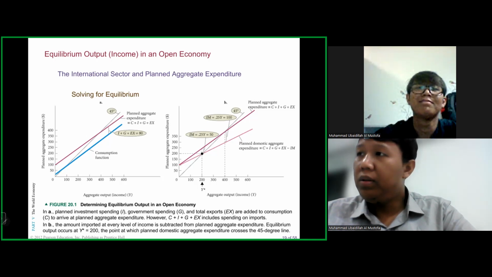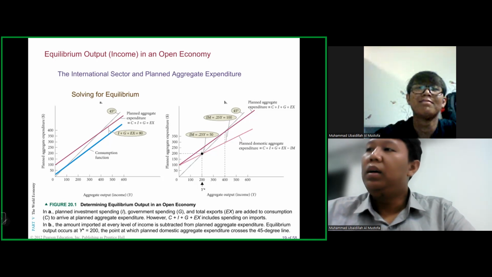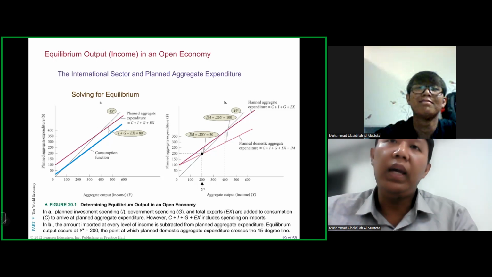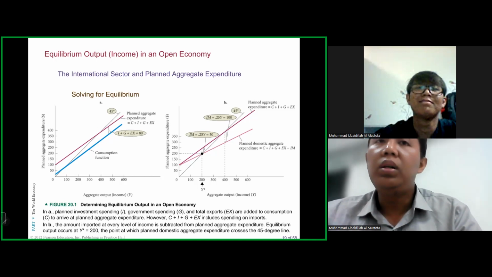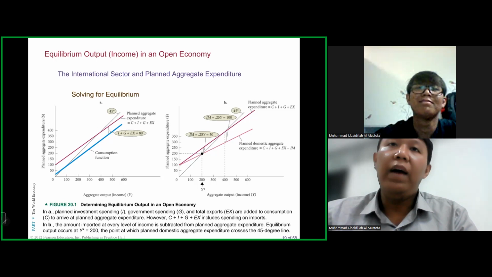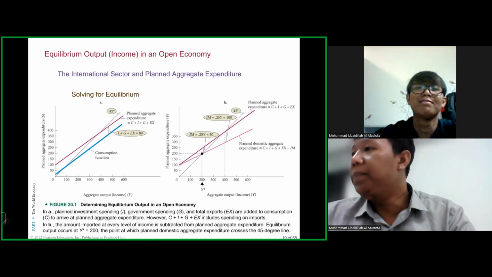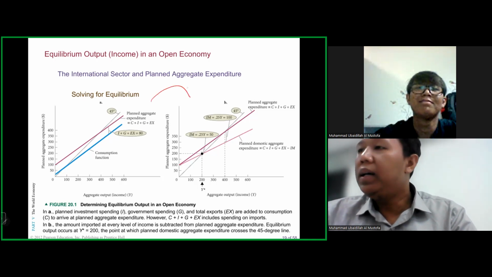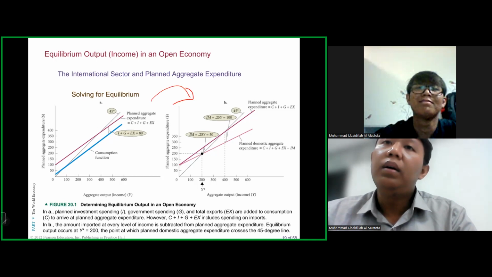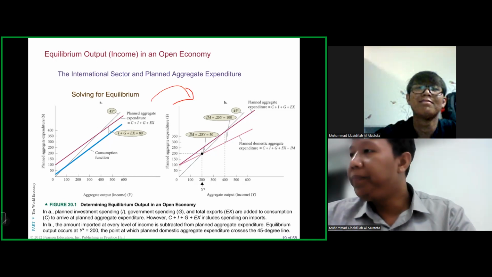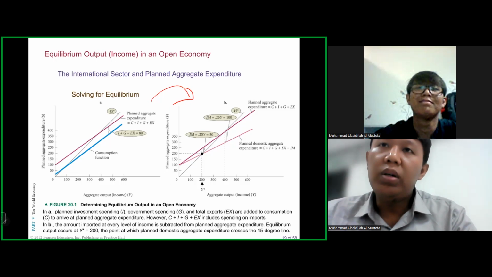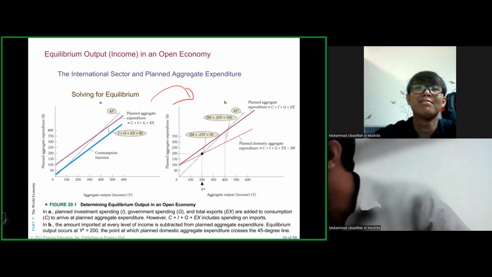So they try to show us how the planned aggregate expenditure is derived when we have every component: C plus I plus G plus export. And in the second model here, we have a change in our planned aggregate expenditure when we have a change in